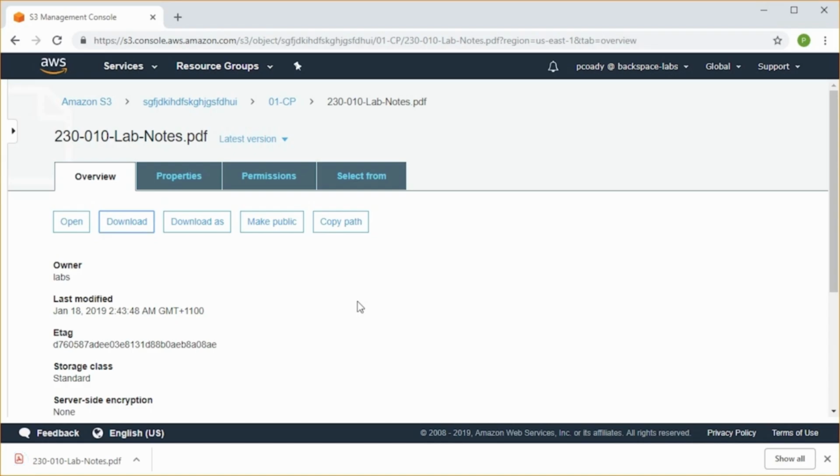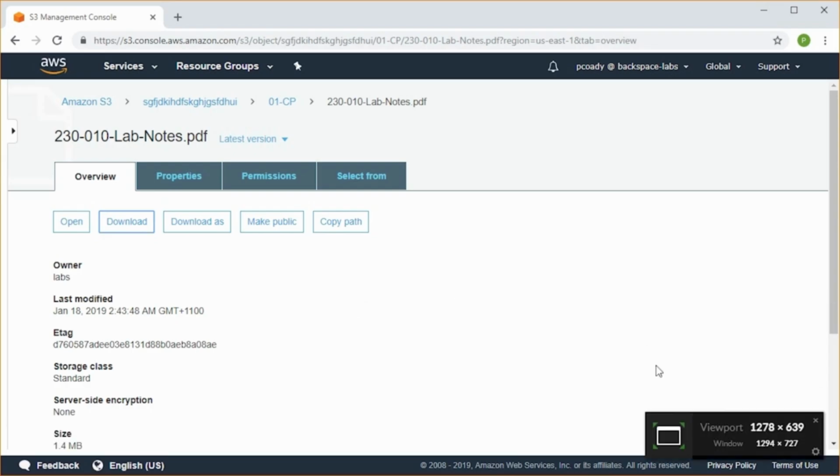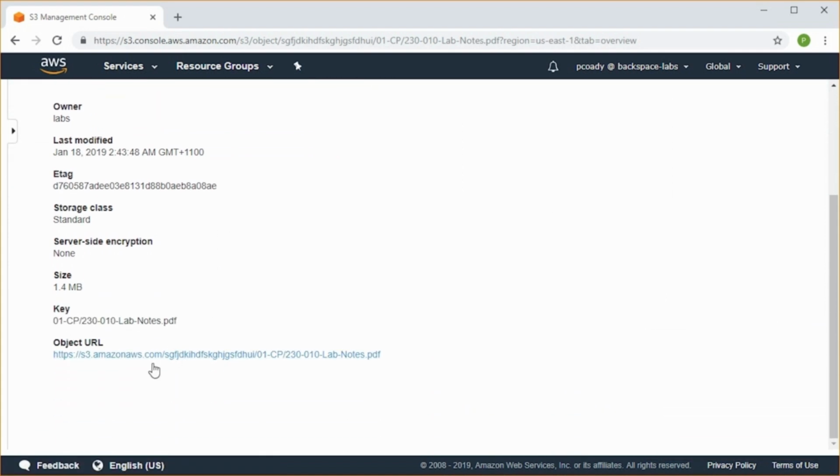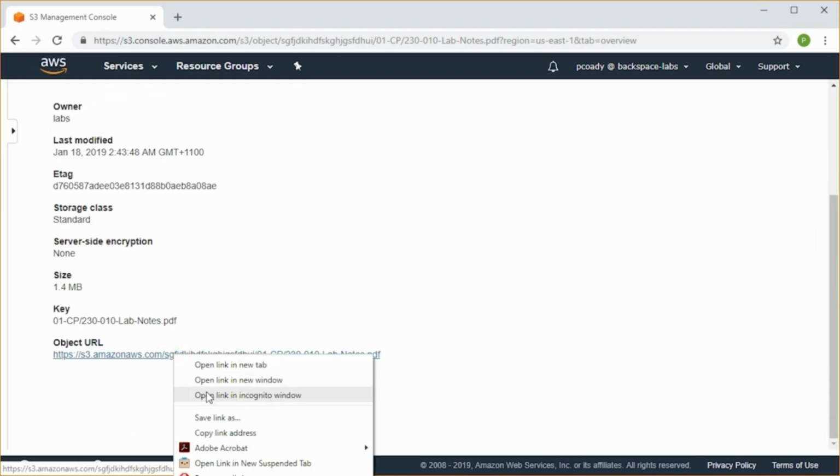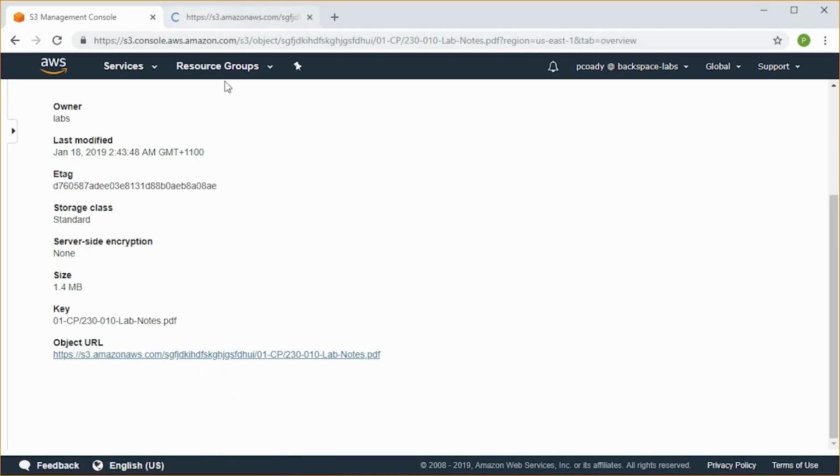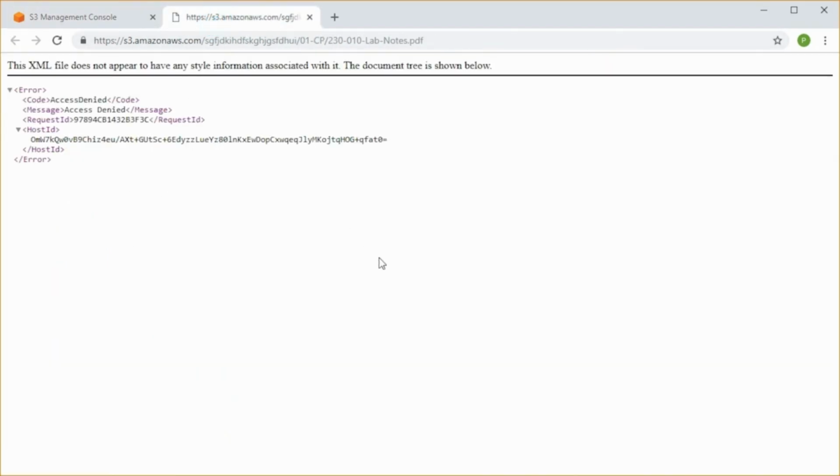Now, I just want to talk about this screen because a lot of people have a bit of trouble with this, because instead of clicking on download, they scroll down here and they click on the object URL. Now, if we click on that, and I'll do that now, this is what you get, access denied.